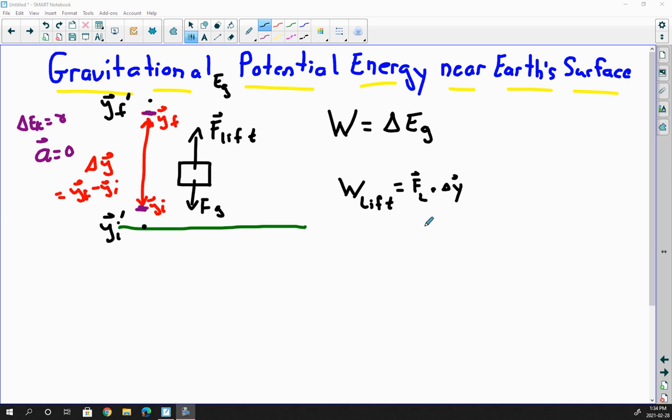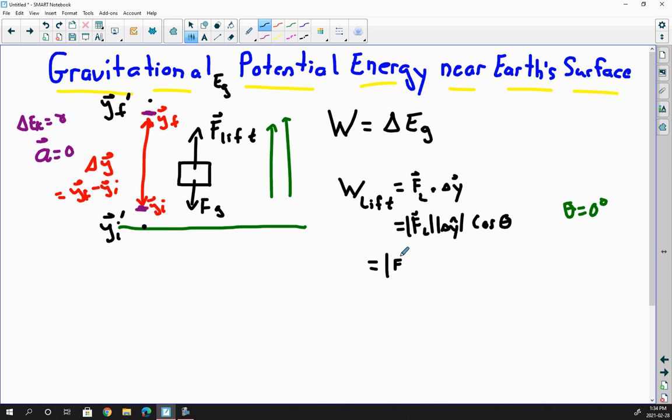So this will equal the magnitude of that lift force times the magnitude of the displacement times the cosine of the angle between the displacement and the lift force. Well, kids, the displacement is straight up and the lift force is straight up. So theta is 0 degrees here. So that becomes magnitude of the lift force times magnitude of the displacement,